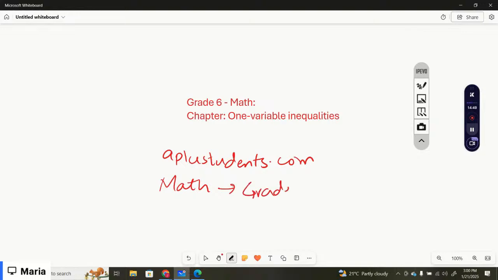Scroll down to grade 6 math and then click on view all lessons. There you can find a list of the chapters. We're going to start with chapter 1, variable inequalities. The lessons we're going to cover today are